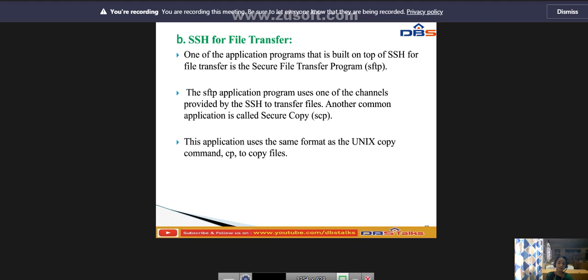Another common application is called secure copy. This application uses the same format as the Unix copy command, cp, to copy files. So this is the second application of the secure shell.